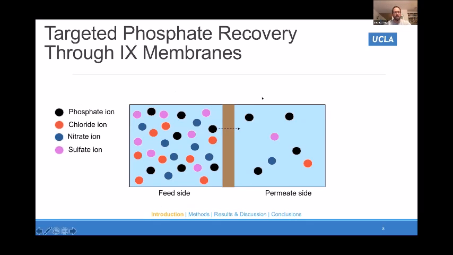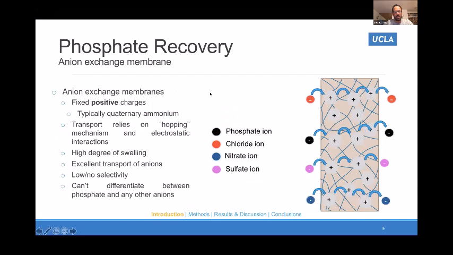So again, our goal was to develop a membrane that, when encountered with a host of various anions, can selectively allow the transport of only phosphate across the membrane. And this is not a simple problem, and to the best of my knowledge, there aren't really good membranes that can do this. And our approach, we were thinking, well, let's take advantage of some of the intrinsic properties of cation exchange membranes to allow this